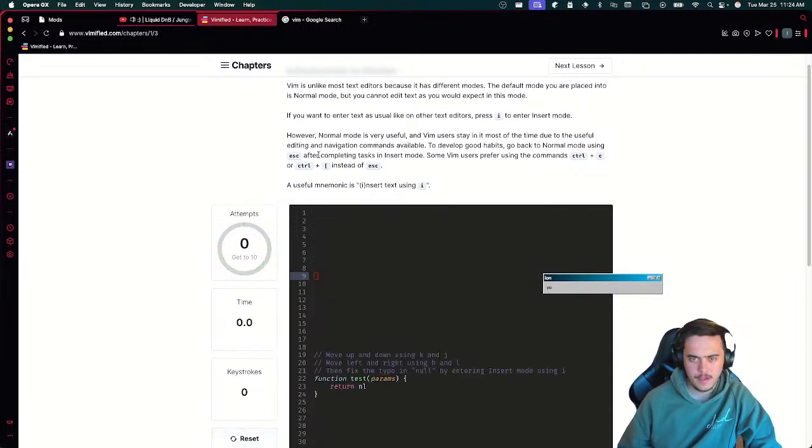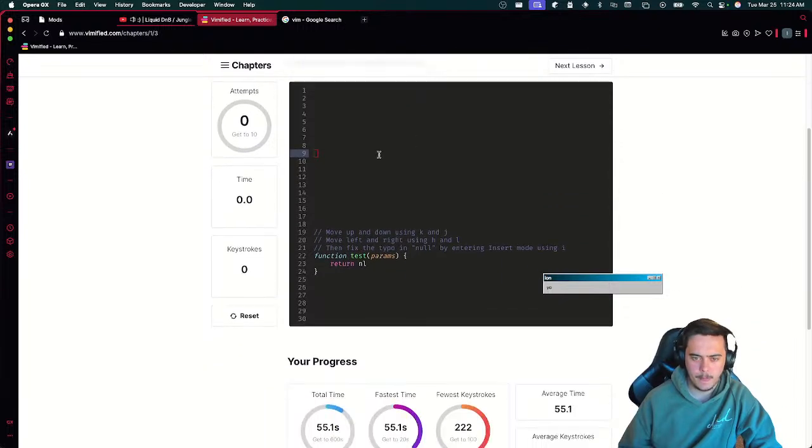Wait, what the hell? What's this? However, normal mode is very useful. Vim users stay in it most of the time due to its useful editing habits. Go back to normal mode with escape after completing a task in insert mode. Some Vim users prefer using commands Control-C or Control square bracket instead of escape.